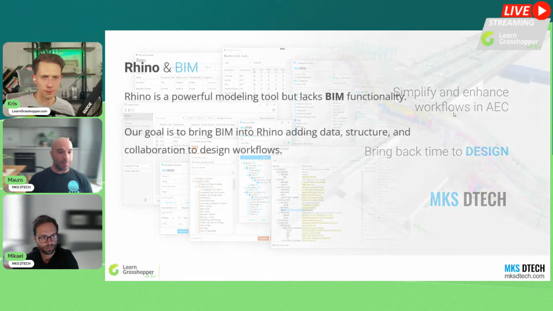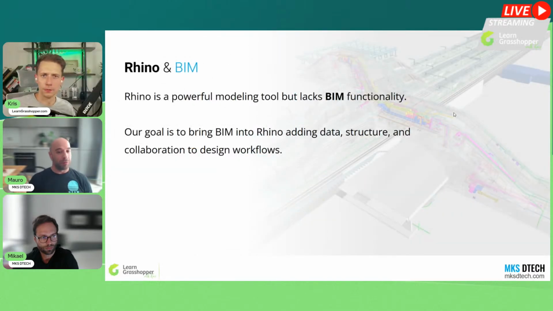And yeah, as I mentioned before, Rhino is a very powerful modeling tool, but it lacks BIM functionalities in our opinion. So our goal is to add BIM data to structure this data, and also to add something that is super important for us, which is collaboration. And the collaboration comes in two shapes.